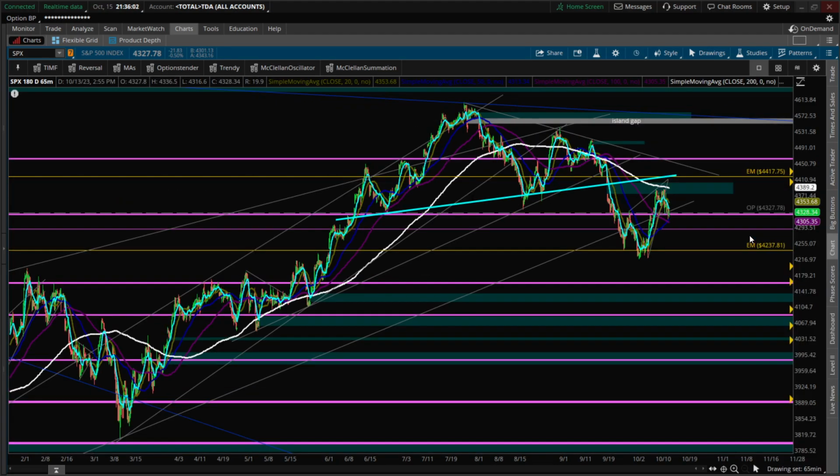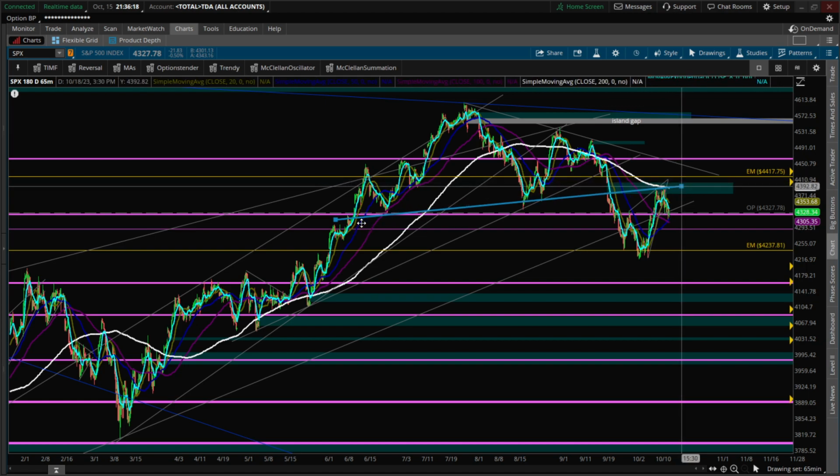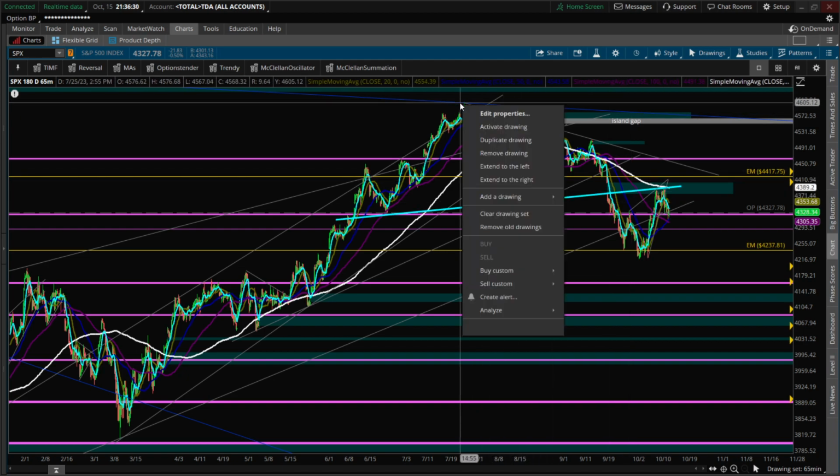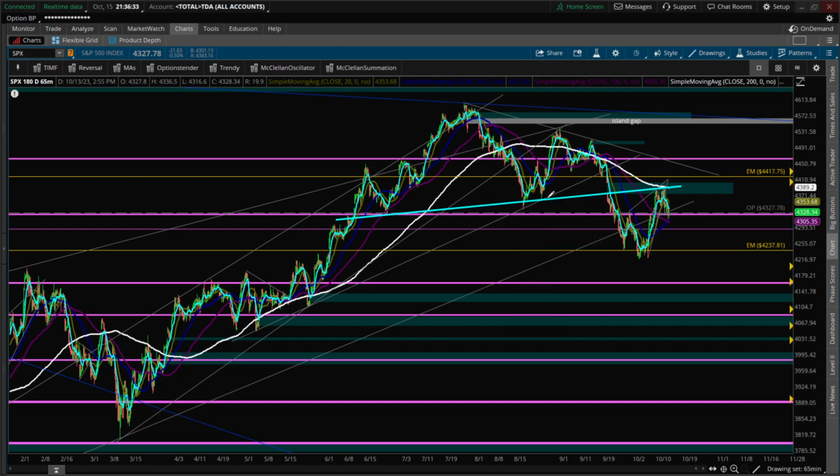On the 65-minute chart, again, we're holding that rising pivot, and we're also holding the support area we back tested off of. I know you can draw this a couple different ways. You can use the bodies, you can use the spikes through. Basically we're back testing this head and shoulder pattern. And if you do a measure move of this head and shoulder from the head down to the neckline, and then you take it to the breakdown area,